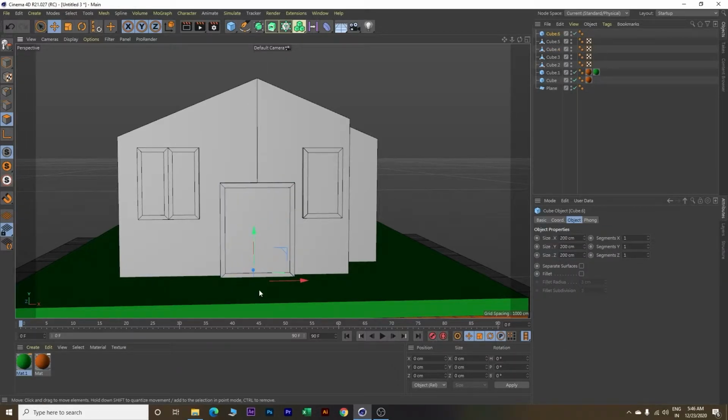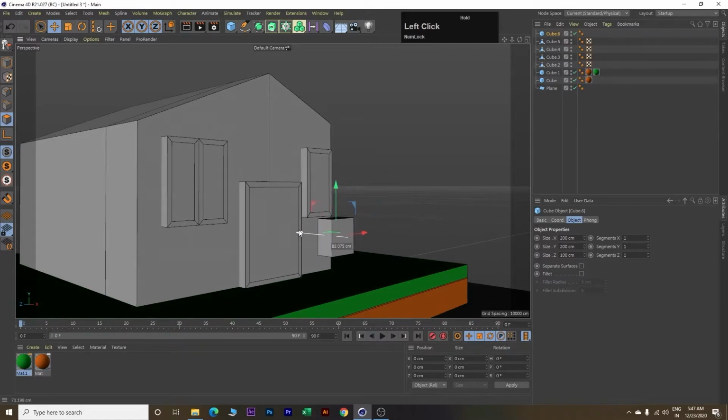Next, click E on your keyboard and insert one more cube. Now this cube is somewhere behind these other cubes, so we will bring it forward. So bring it upward first, bring it towards the right, and this is our cube over here. Now we will modify this. So make this Z value as 100. Okay, this looks good. Bring it over here, move it outside, and we will place it just on this door. Okay, this looks good.